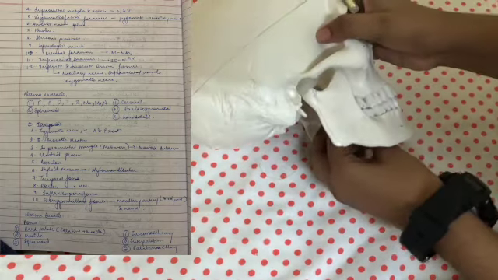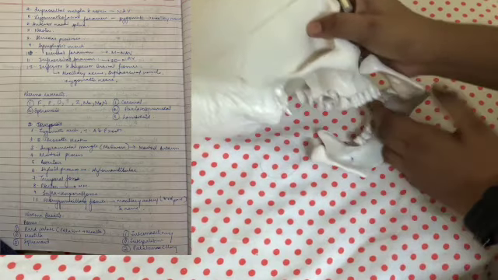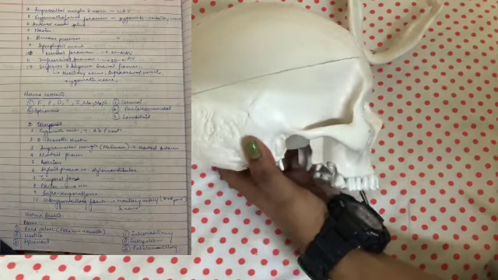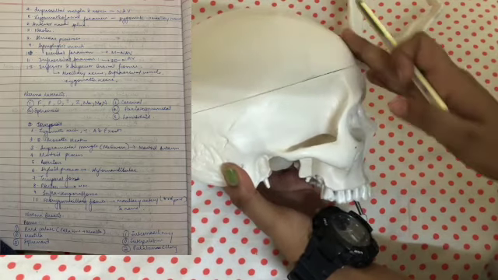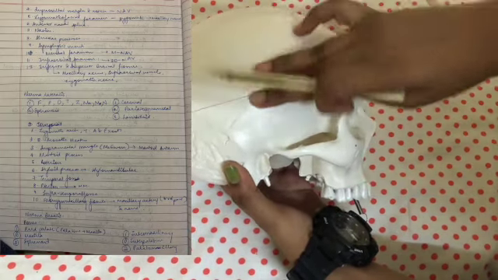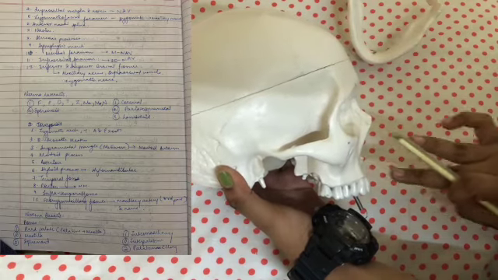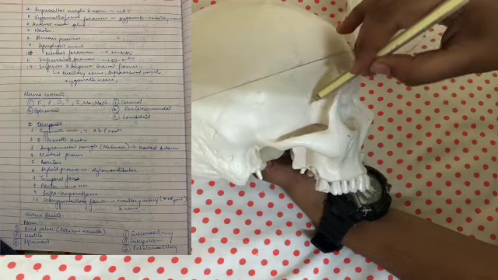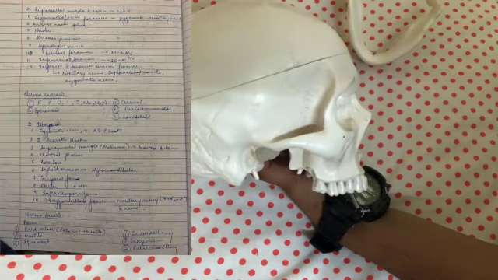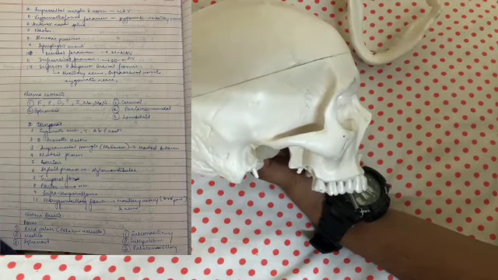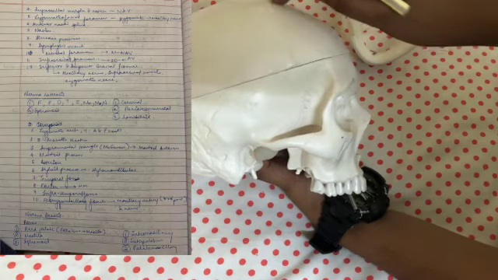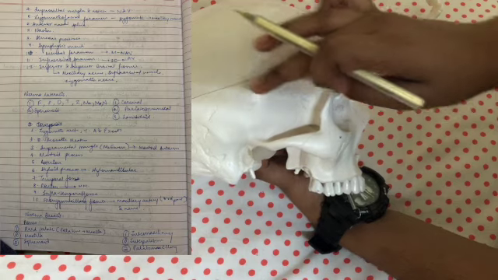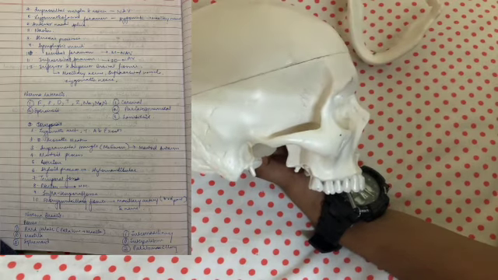So obviously it's from the lateral view, from the side. There are a lot of bones that make this up. You have the frontal, parietal, occipital, temporal, zygomatic, mandibular, maxillary, and one bone that you haven't learned yet, which is the sphenoid bone. The sutures that you can see here are the coronal suture, the parieto-temporal suture, and the lambdoid suture. Now, let us talk about its features.